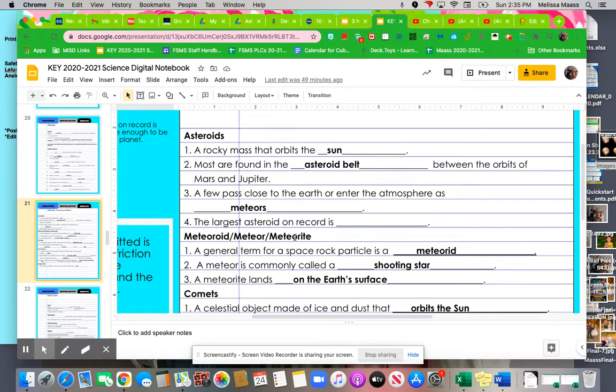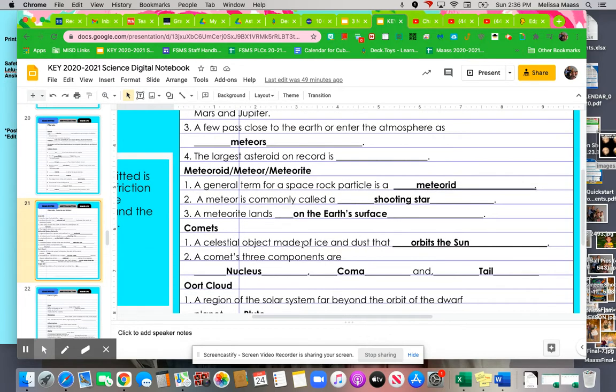I want to let you know, asteroids are found in the asteroid belt between Mars and Jupiter. They're just like big rocks, if you will, in space. Meteoroids,